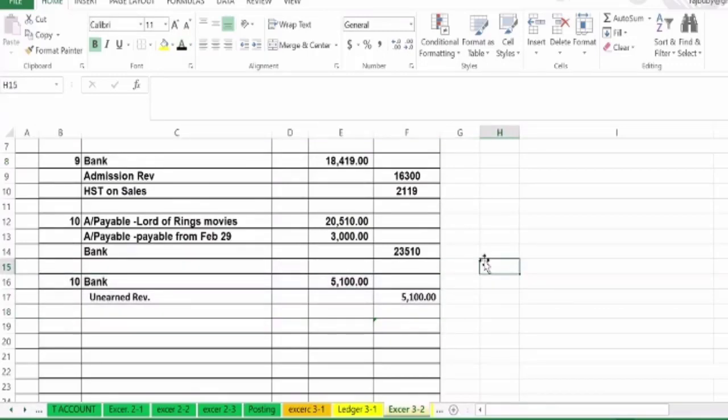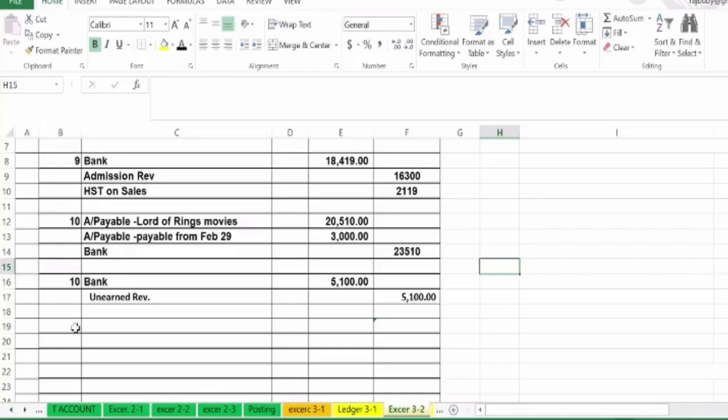So March the 11th, Starline Theater contracted with Brewer Company to operate the concession stand in the future. Brewer is to pay 18% of the concession receipts payable on the last day of each month for the right to operate this stand. So once again, this is not a transaction. This is a contract, yeah.